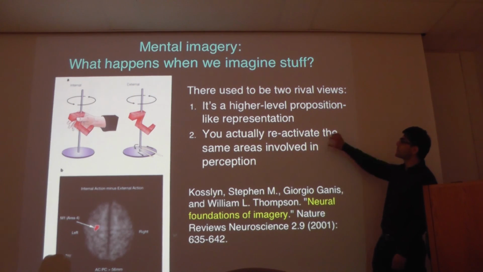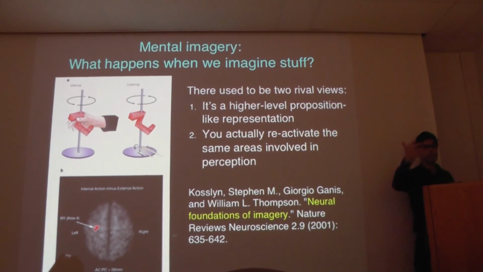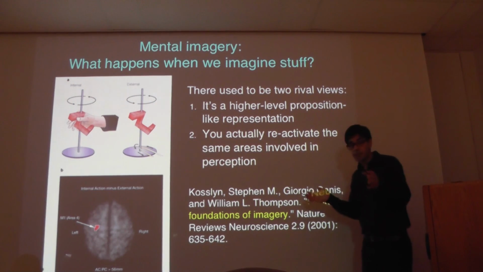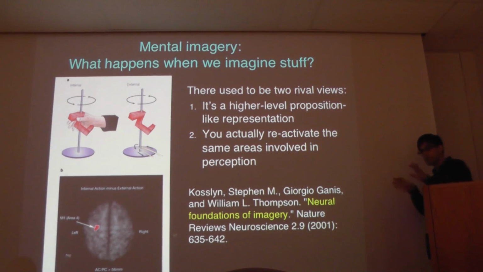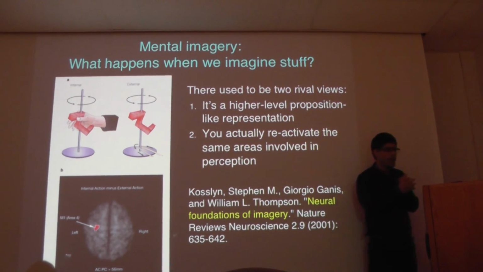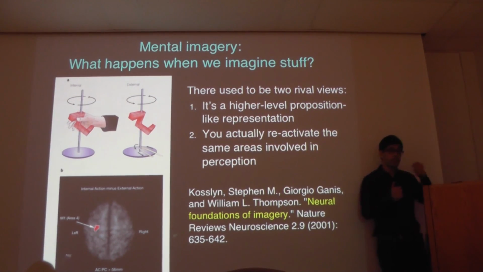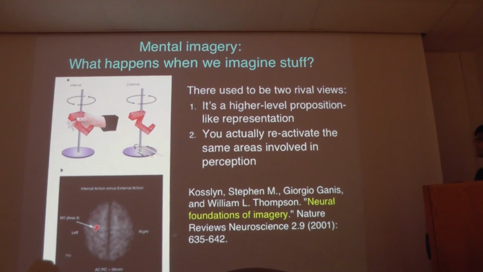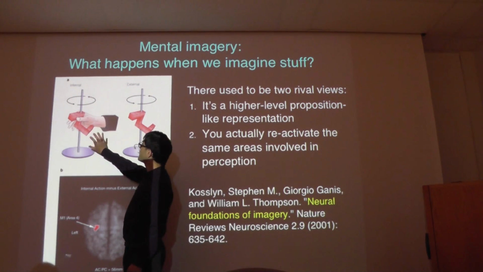So one school of thought, the more intuitive one, said imagery is basically like a weaker version of the actual process. So if you're perceiving something visual, that lights up your visual cortex. If you imagine seeing something visual, then according to this hypothesis, you'll light up the same area, but a bit less. Now, of course, before brain imaging, it was very, very difficult to answer that question. Same for motor. Now, you just saw a motor test. They were asking people to imagine playing tennis. So here's an example from this Nature Reviews Neuroscience article. You imagine that you're actually turning in this case,